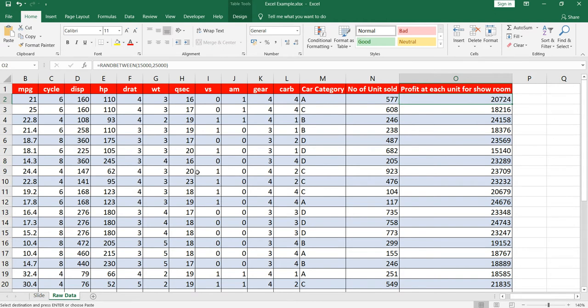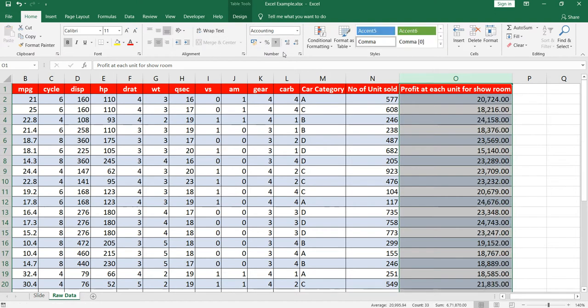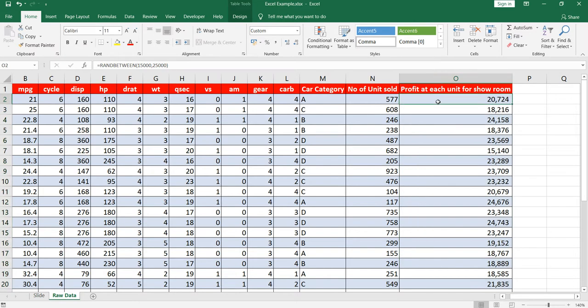So for example, here, if the showroom sold a car, then on each and every car the showroom has made somewhere around 20,724 rupees. I have incorporated random numbers here, and the car category is chosen randomly between A to C.